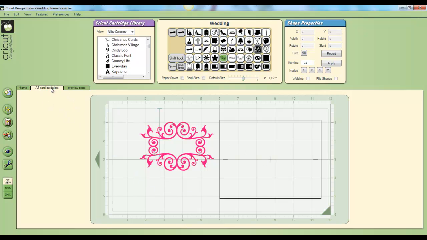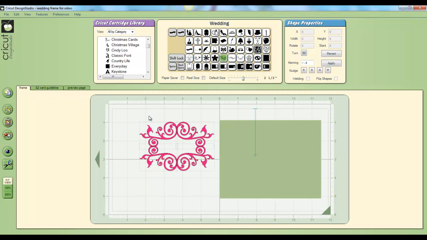Once again, I had already set up an A2 sized card guideline here using just a random square off of the wedding cartridge, and I'm going to turn the page preview back on by right clicking and checking include page in preview, and let's preview, and now we have a guided measure to use to resize this little design we made. So going back to the first page, which is the page where that design is actually on the mat,